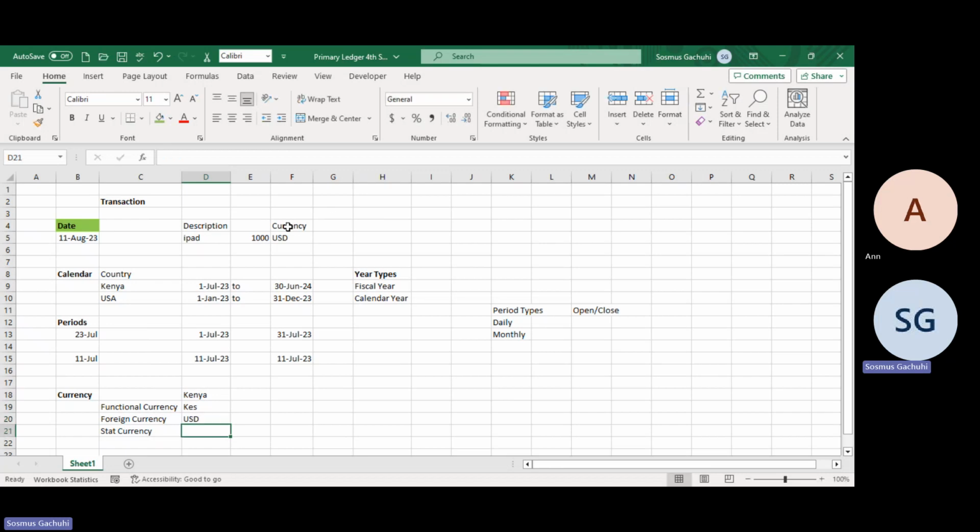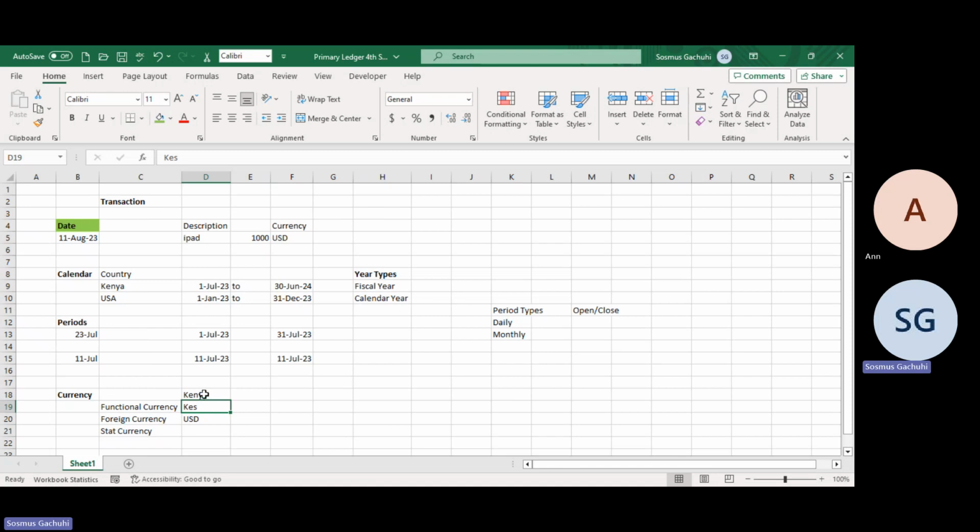For example, if you bought an iPad from a company that you have to pay through USD, you'll need to book this transaction in your system in USD currency. So when you're booking this transaction in USD, and your organization usually uses Kenya shillings as functional currency,